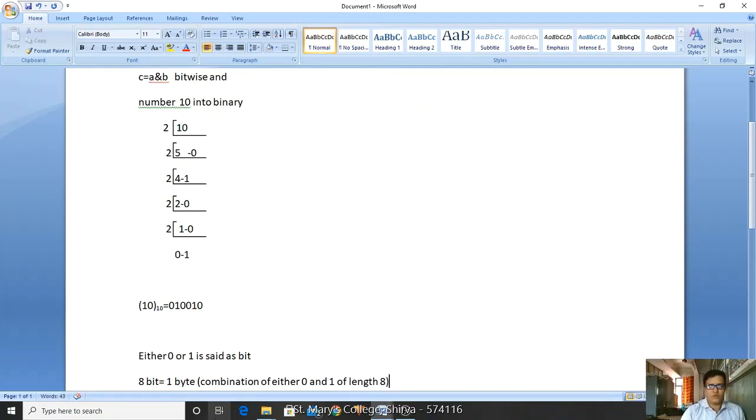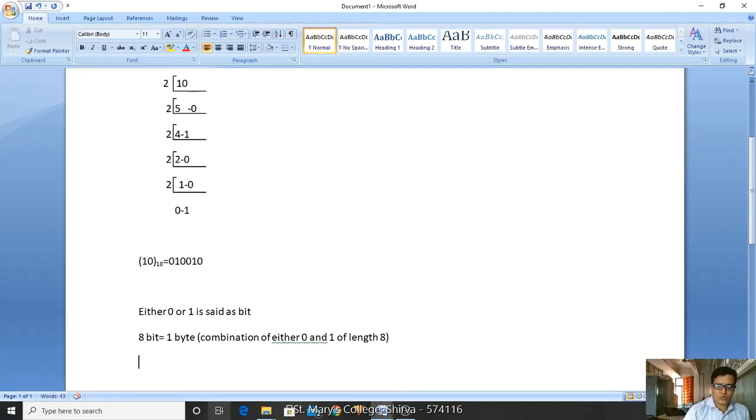Okay, got it? So we are storing files in our computer or phone. 1024 bytes is treated as 1 kilobyte. So this is the storage capacity of a file.